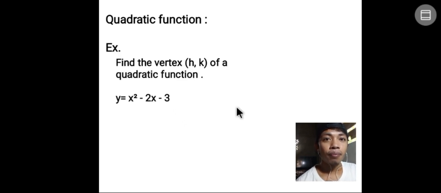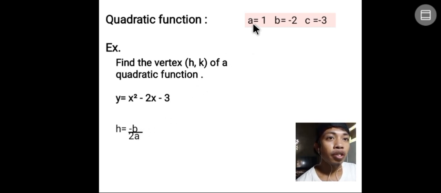For example, find the vertex h and k of a quadratic function. Remember guys that h and k are only replacements for the values of the x and y coordinates. So to find the value of our h, we need to use the formula h equals negative b over 2a. But before that, we need to identify the corresponding values of our a, b, and c. The value of our a is equal to 1, b is equal to negative 2, and c is equal to negative 3. And after that, we need to